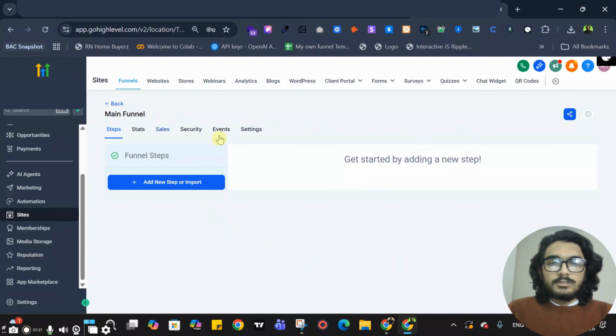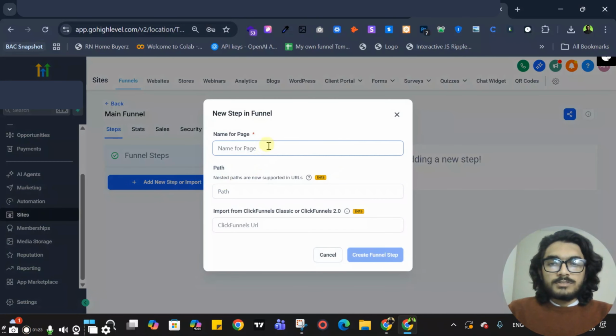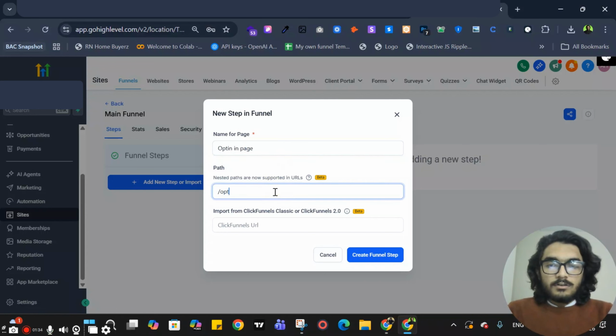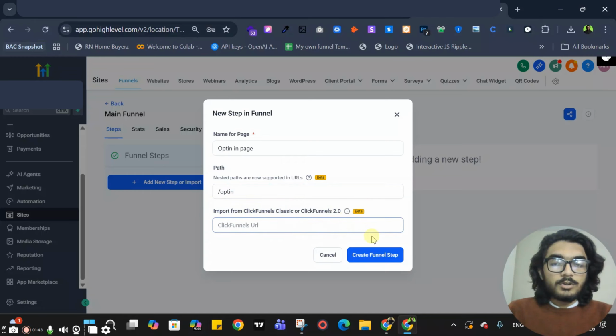And then you have to add new step. You enter the name, mostly we enter the name like opt-in page, where you can get the leads data slash opt-in for the path, and you can also import the funnel from ClickFunnels. ClickFunnels is also basically a CRM that allows you to import the funnel into High Level through the ClickFunnels funnel URL. Okay, so you have to click here, click create funnel step,